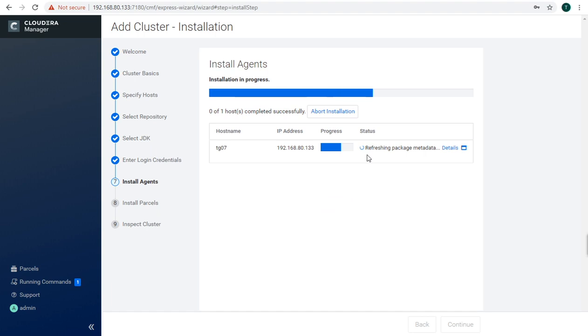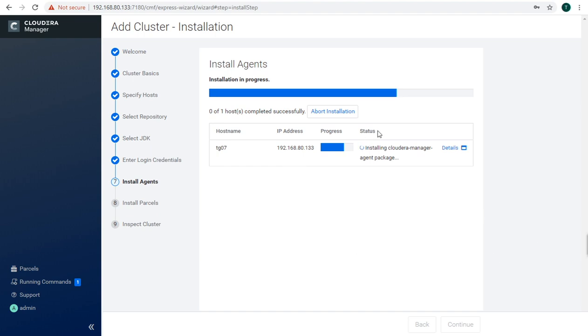So yeah, it is installing. Installation in progress, and now it is installing the OpenJDK package here. Once OpenJDK 8 has been installed, it will install the Cloudera Manager Agent package.